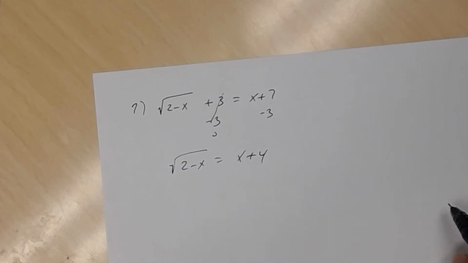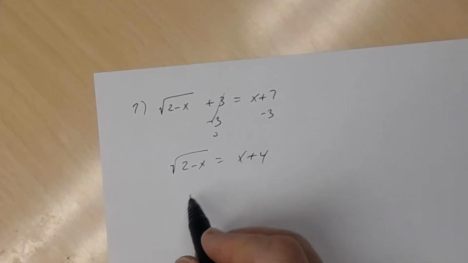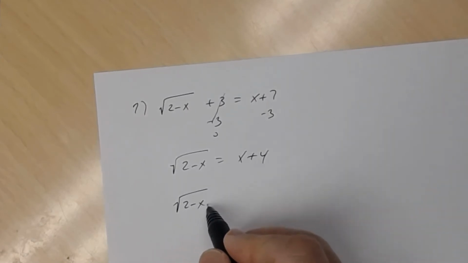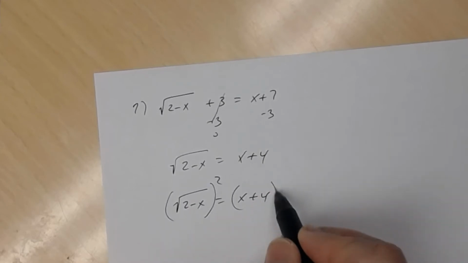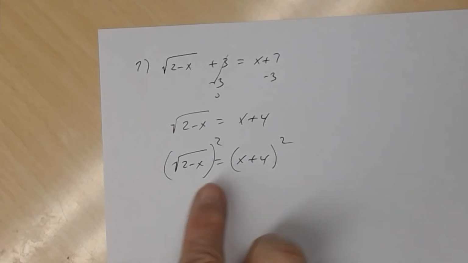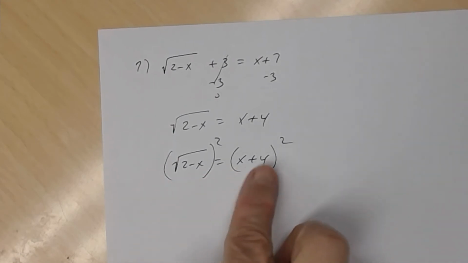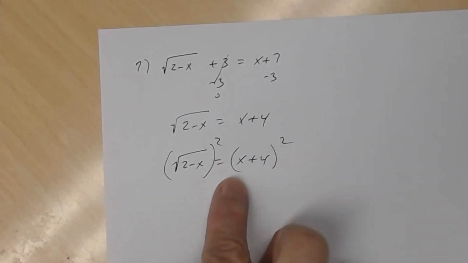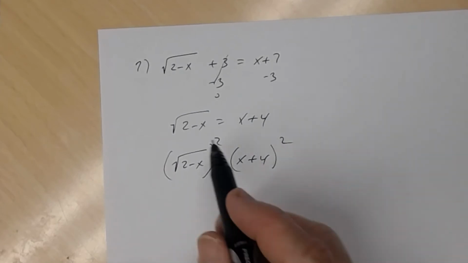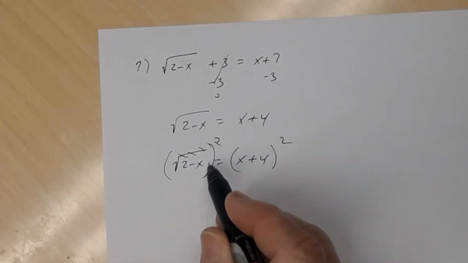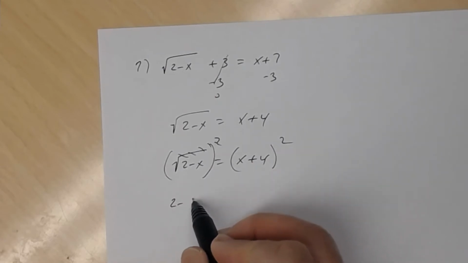All right. Now, just like before, the next step is to square both sides. I'm going to rewrite this over and square both sides, just like this. You have to square both sides. Notice this is a binomial, so put that in parentheses and then square it. Make sure you do that. The square and the square root undo each other, so you get 2 minus x equals